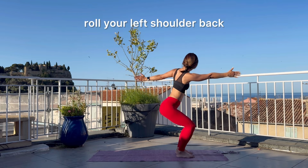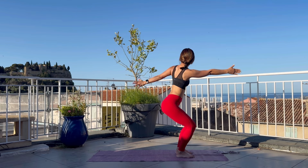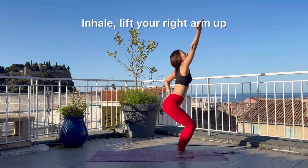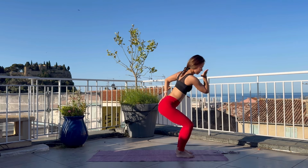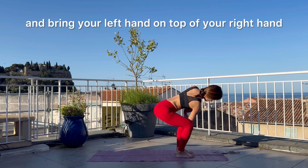Roll your left shoulder back. Reach your left fingers back, back, back. Bring your left hand behind your left hip. Square your hips. Inhale, lift your right arm up and over. Look up. Exhale, bring your right elbow inside of your right knee and bring your left hand on top of